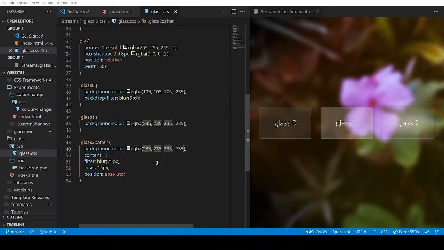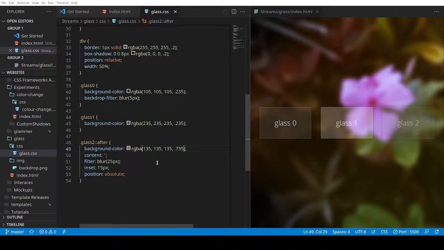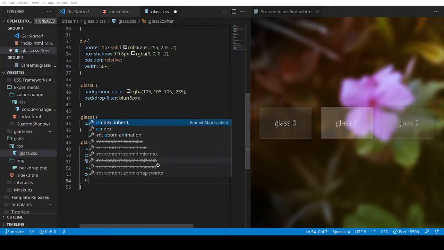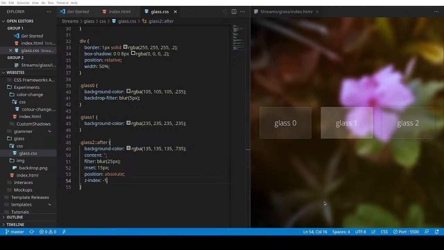I think we can also make this one dark, seeing as its parent is light. Okay, maybe not that dark. I am choosing the wrong colors today. I forgot one important detail. This has to go behind the parent, so use the index -1 to do that. Right, there we go. So now we have 3 styles of glass, and as I mentioned, we're going to be